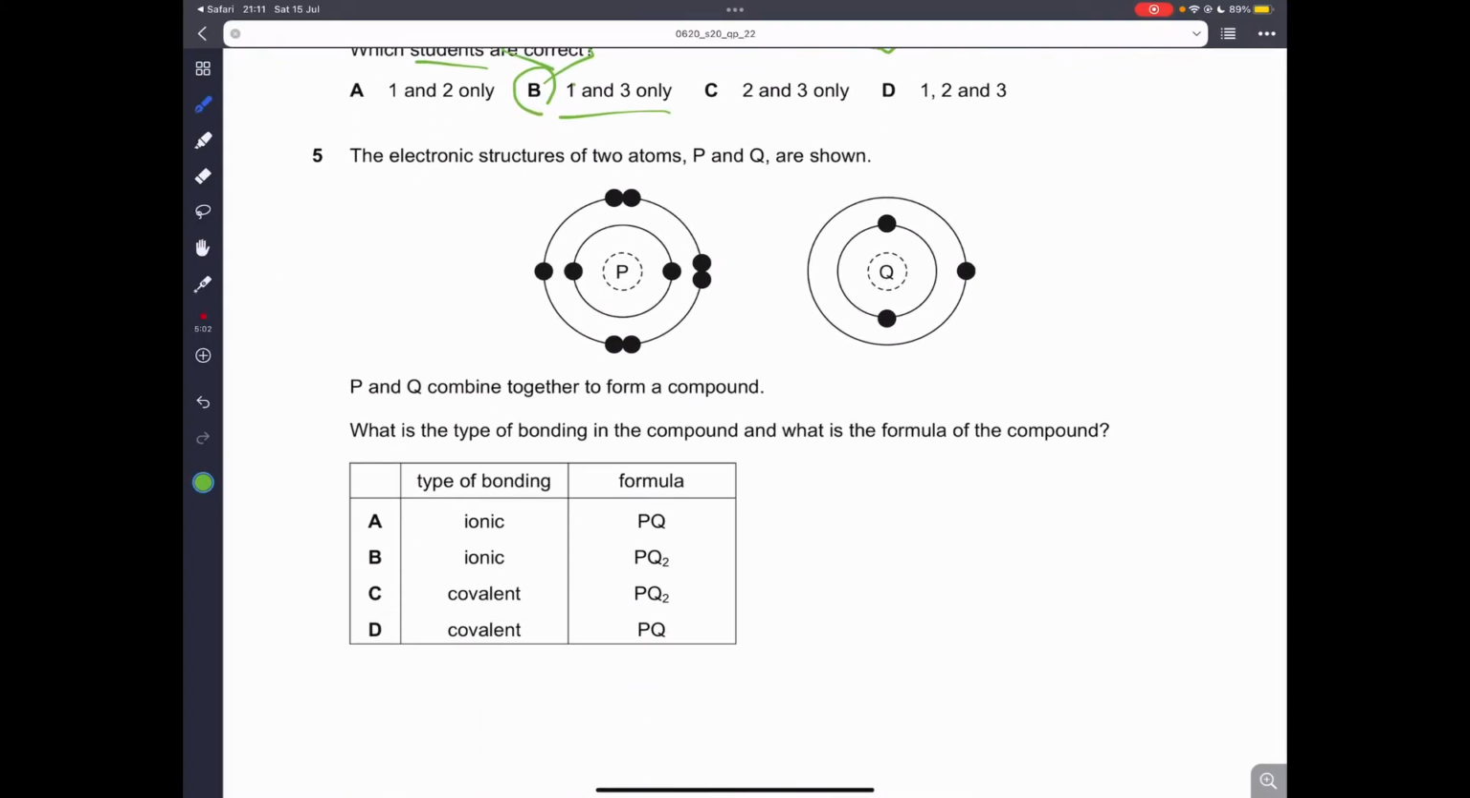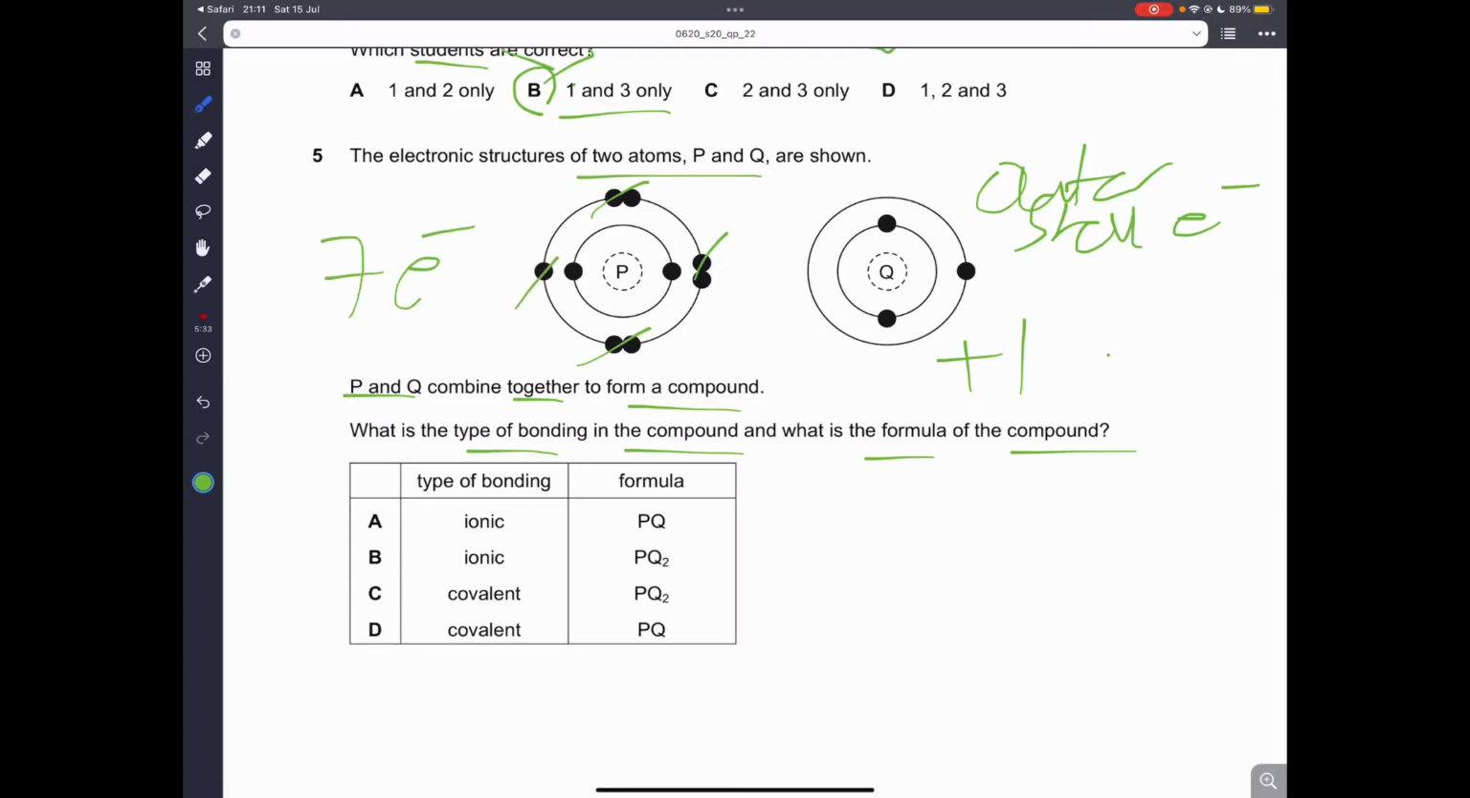Question number 5. The electronic structures of two atoms P and Q are shown. P and Q combine together to form a compound. What is the type of bonding in the compound, and what is the formula of the compound? Okay, so we have to look at the outermost shell electrons. We see that Q has a valency of +1, and in the outer shell of P, there are 7 electrons, and so the two are likely going to form an ionic compound,